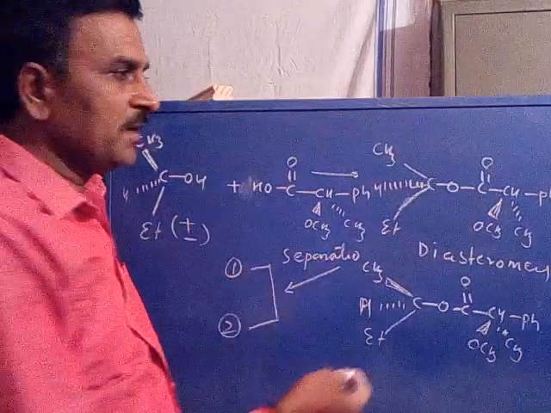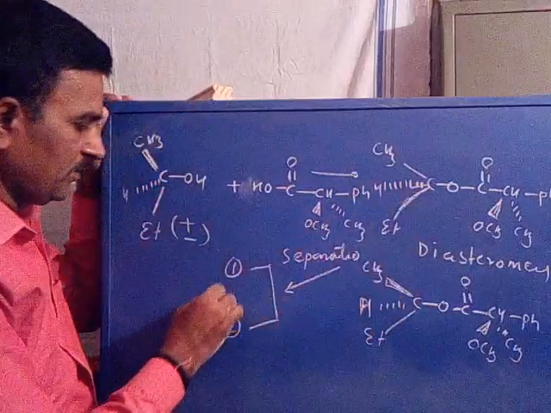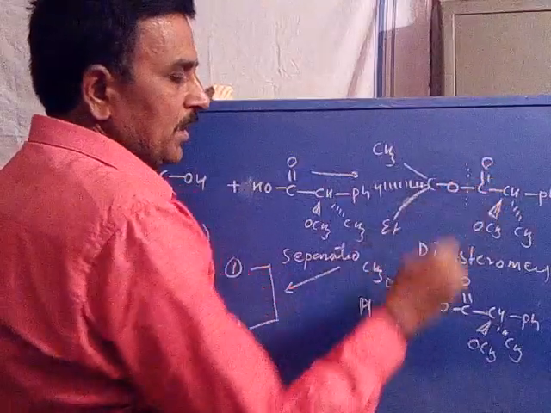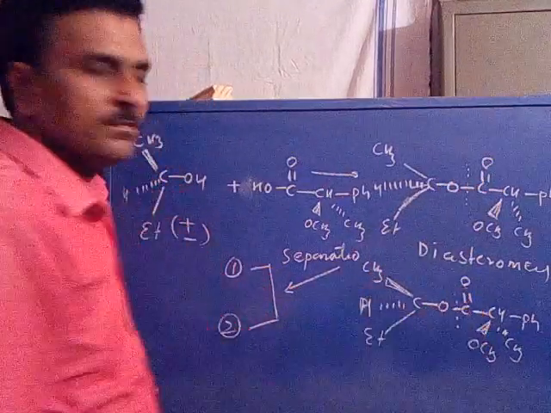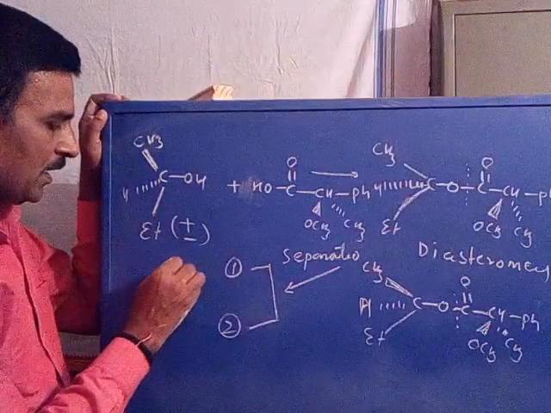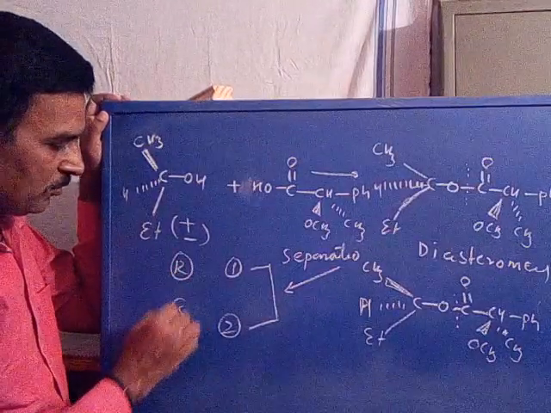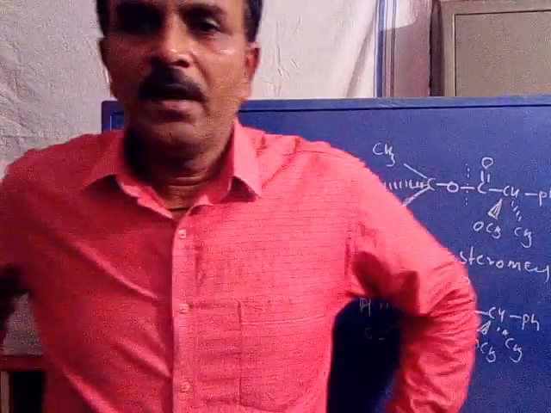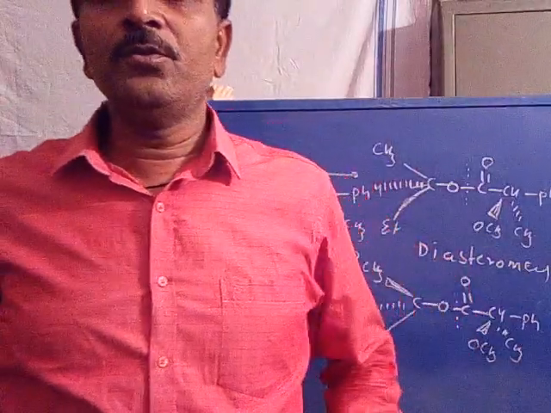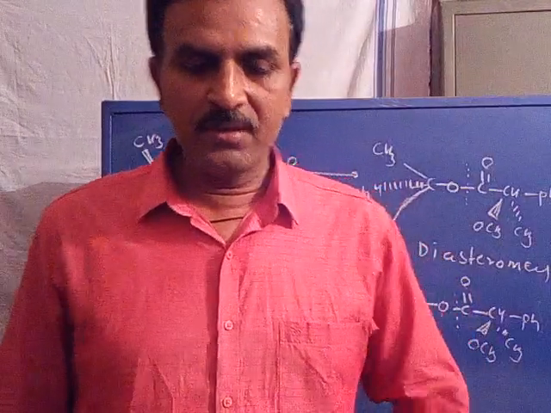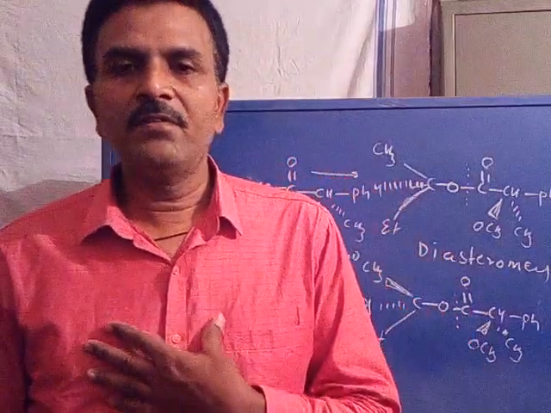After their separation, a simple hydrolysis leads to ester bond breakage. Now the ester bond gets cleaved to give the R isomer and S isomer separately. This is the discrimination of enantiomers using Mosher's acid. So these are the three methods included in your syllabus for the discrimination of enantiomers.